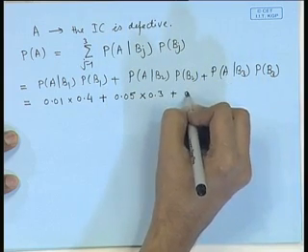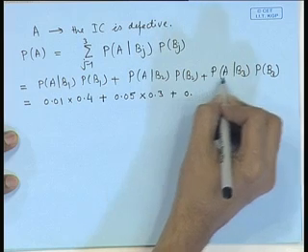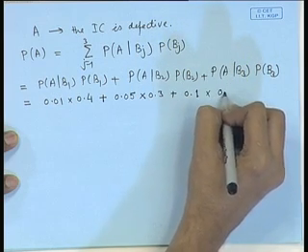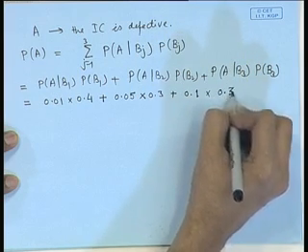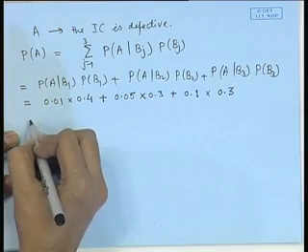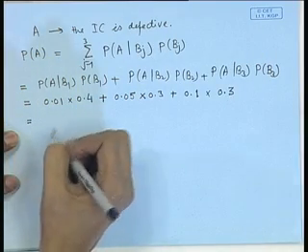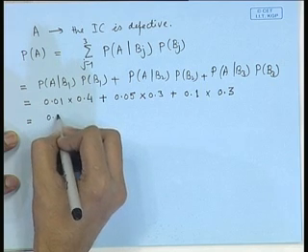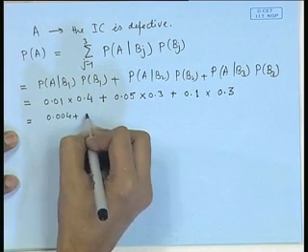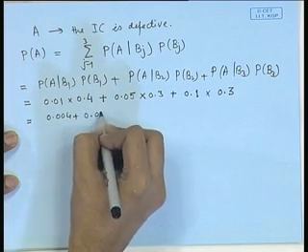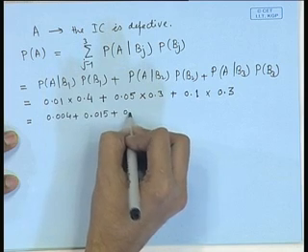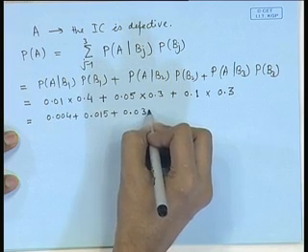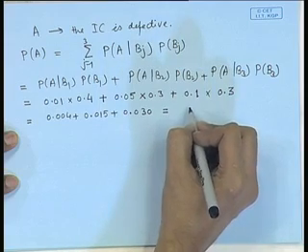Probability that it is defective provided it was supplied from the supplier 3 is 0.1, and the probability of getting the supply from the third supplier is 0.3. So, eventually this turns out to be 0.004 plus 0.015 plus 0.03, which is equal to